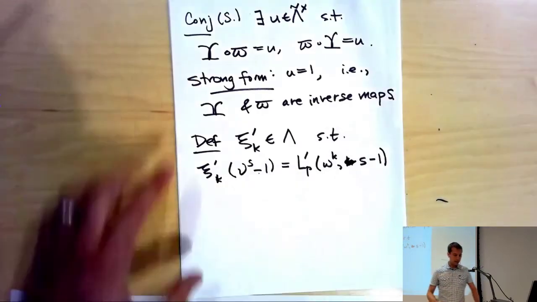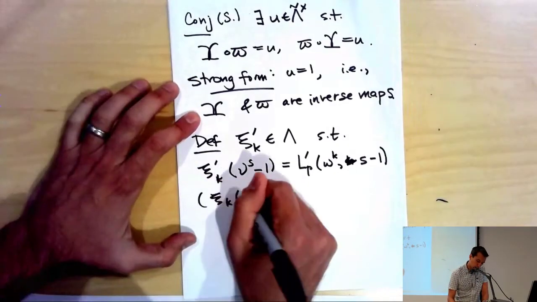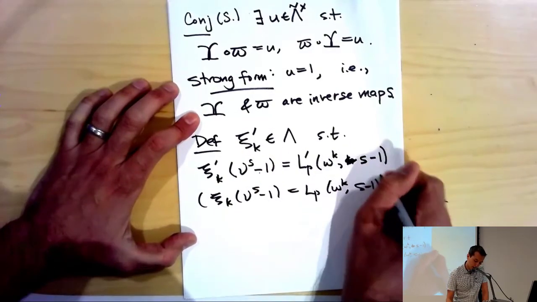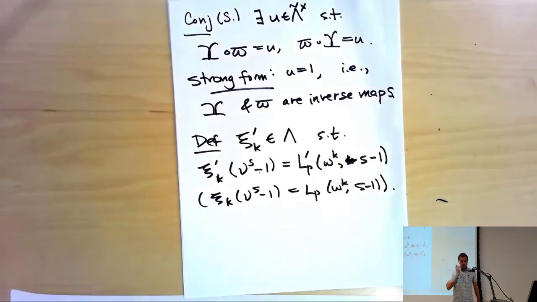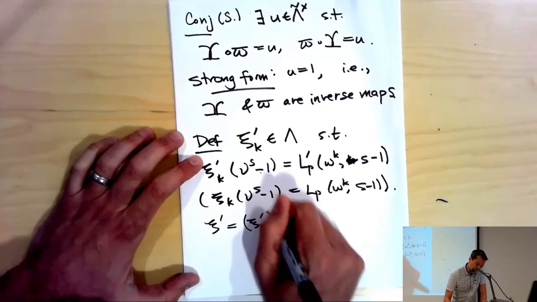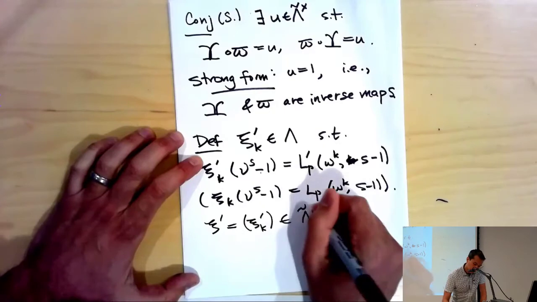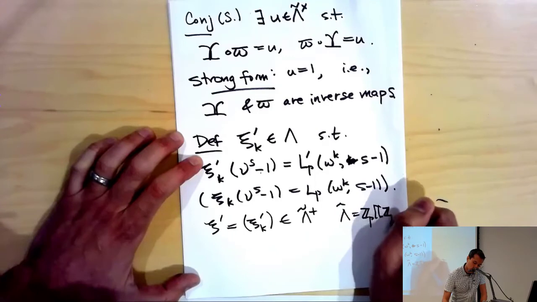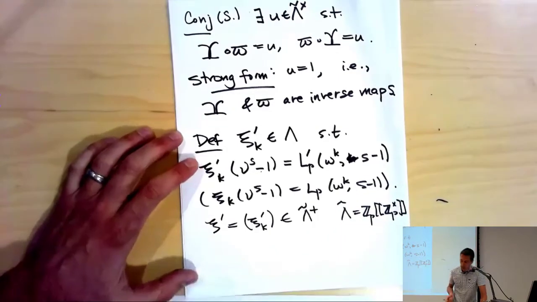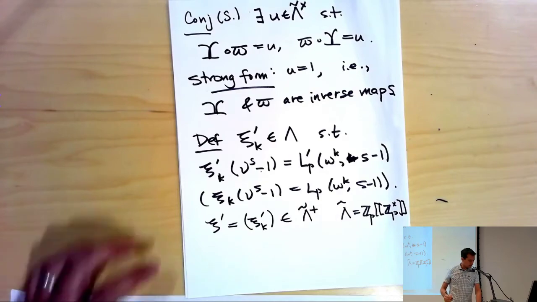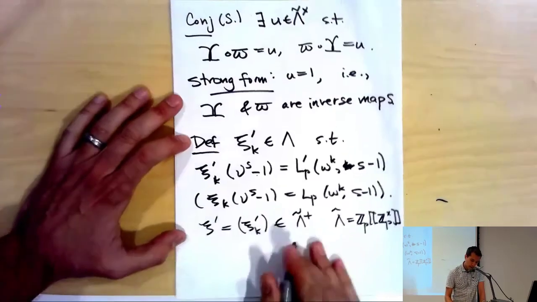Remember, just to recall, ck epsilon s minus 1 was Lp omega to the k s minus 1 for all s in Zp. And so we can just put those all together in a package in the appropriate eigenspaces of the plus part of lambda tilde. Remember, lambda tilde was Zp of the Gal F infinity over Q. So that has Galois group Zp cross. Okay. So great. So the theorem of Fukaya and Kato